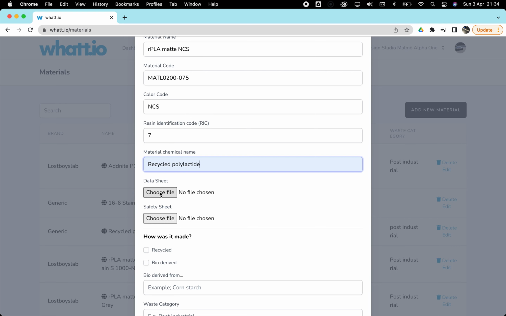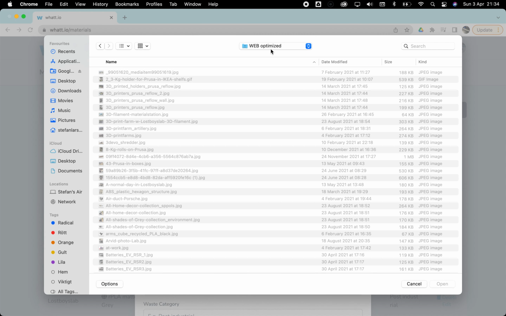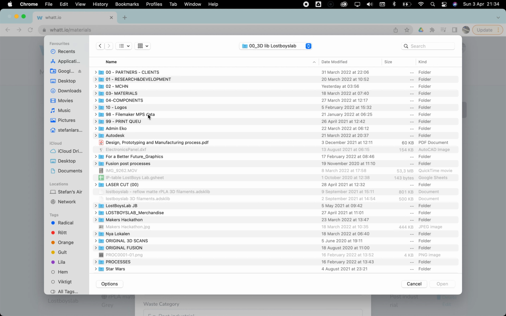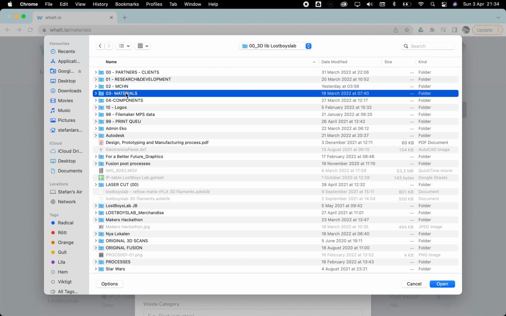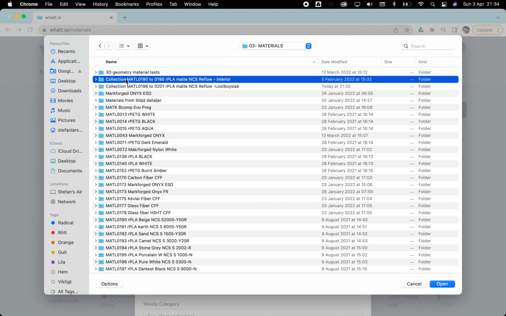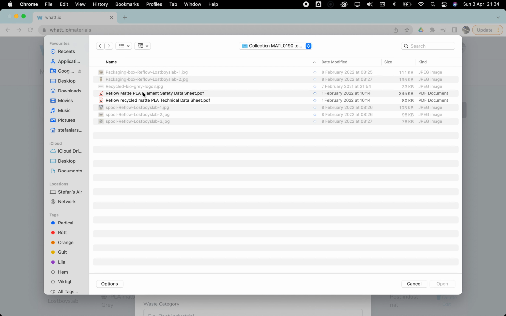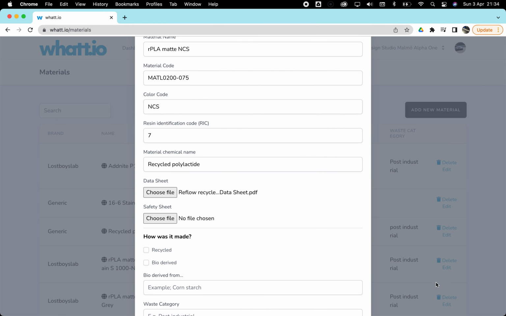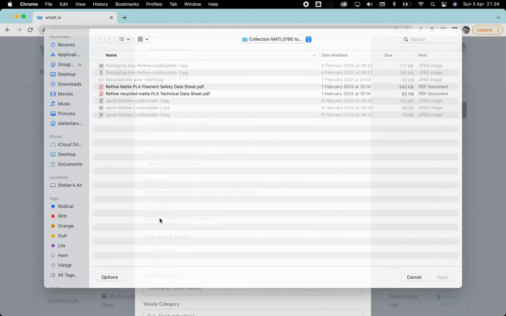And also here we can upload the data sheets. So the data sheets need to be added, and I will actually go to our material database, and I will have them here. Here is the safety data sheet and the technical one. So first I upload the technical data sheet, then I upload the safety data sheet,